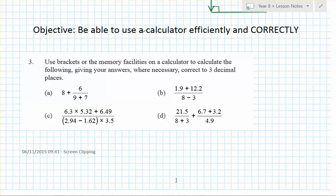Now, a calculator is like any other computer. It's stupid. Calculator has no imagination. It has no ability to reflect on what you've done. It cannot speak to you and say, sorry, Louis, you've done that wrong. I don't think you wanted to do it that way. And you can go, oh yeah, thanks calculator for that. It does exactly what you tell it to do, but follows the rules that are programmed in. And the rules that the calculator follows are